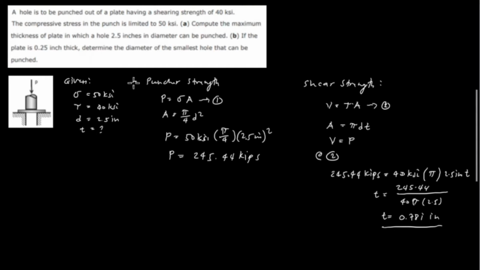So this is for letter A. What about letter B? If the plate is 0.25 inch thick, determine the smallest diameter of the hole. So by using the compression of puncture,